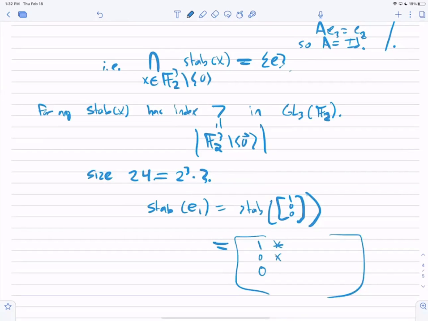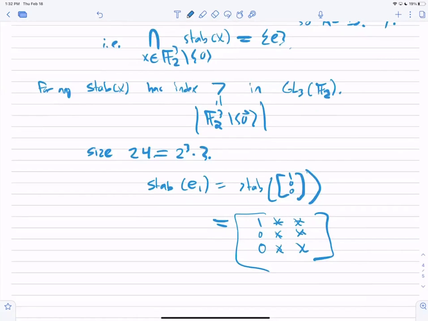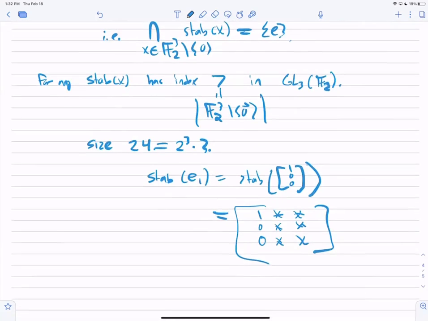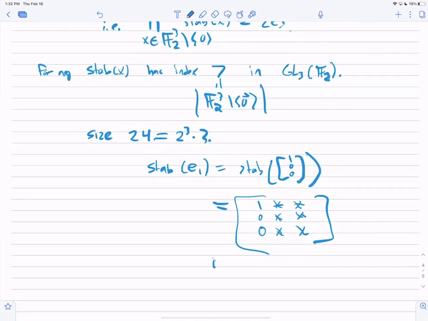So the second column can be anything. The third column can be anything, as long as this is in GL3, if the vectors are linearly independent,